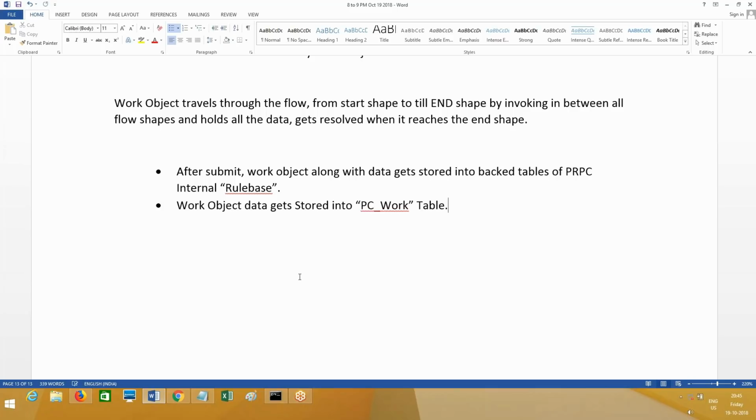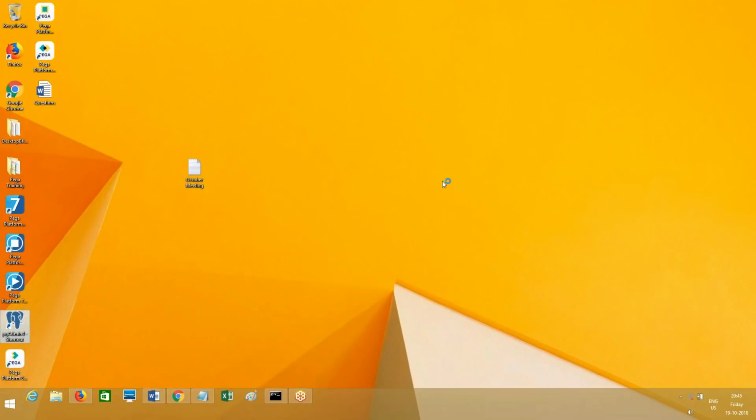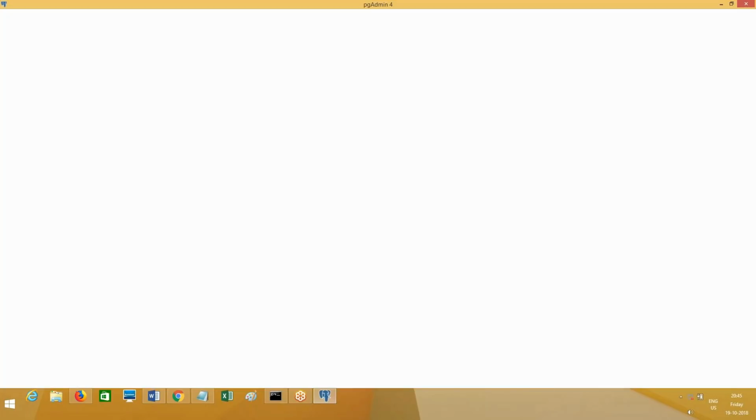Let me save this and go back and see. What you have to do in the 2 days is, let me open the pgadmin environment. When you install Pega, it installs JDK, Tomcat server, and the pgadmin environment as well as SQL server. Everything is installed on your machine. You are not required to separately install anything. The only thing you have to do is make a connection to the installed database. The database is already installed, right? You have to make a connection from this IDE.